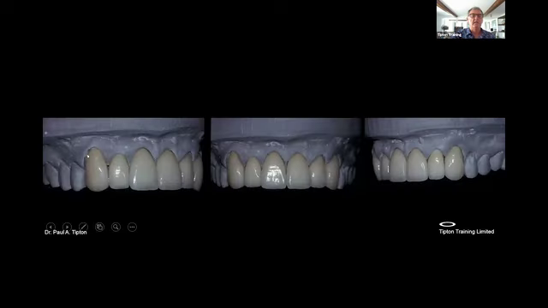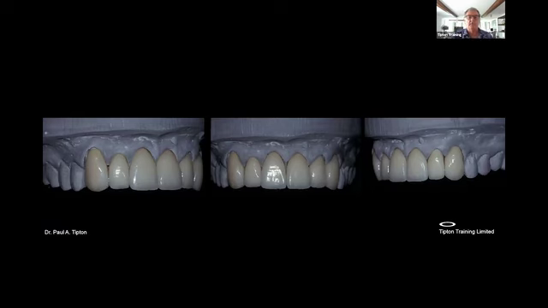So here's my new ceramic restorations. We've done a few other things. We've moved the marginal ridges out to make them appear wider, the appearance of wider, shorter teeth. So for that, we've got several tricks that we can use. The first trick is to move the marginal ridges a little bit further out so we create more space internally